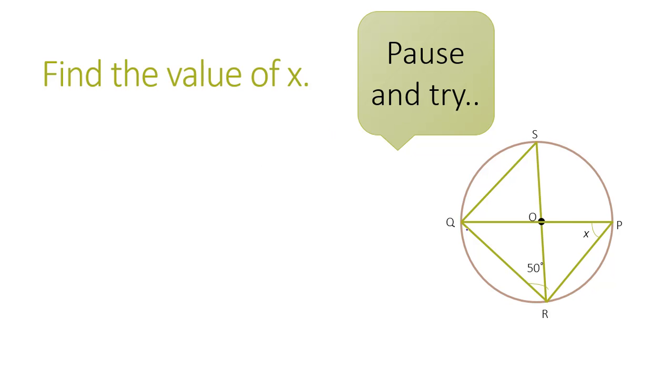In this question, we can see that angle QPR is equal to angle QSR. So both of these will be equal to x, by theorem 3 of this video. Now, whenever you are solving a question related to circles, it is very important to write the theorem that you are using. You will have to write the statement of the theorem in the explanation of the question, otherwise you might lose marks in your exam. Since angle QPR is equal to x, we get angle QSR also equal to x.